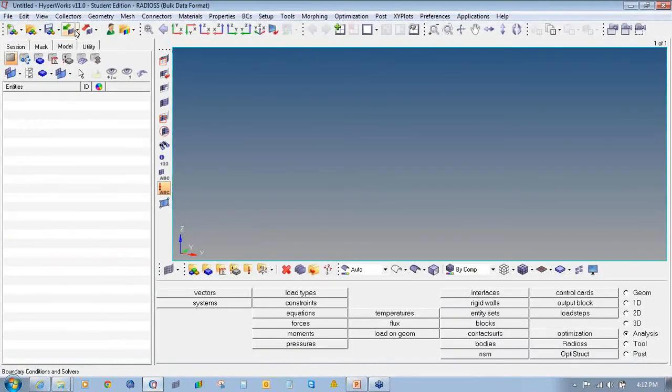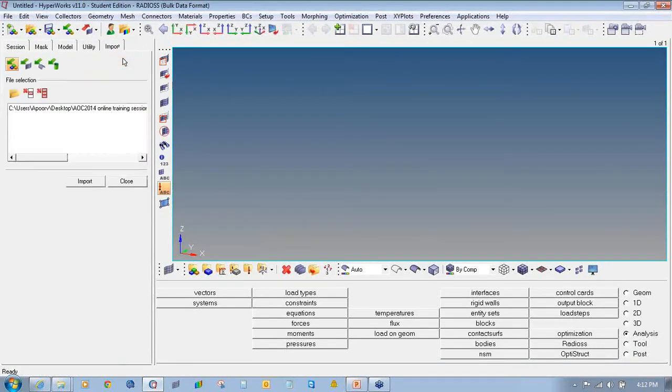So I will go to import, solver deck or import model.